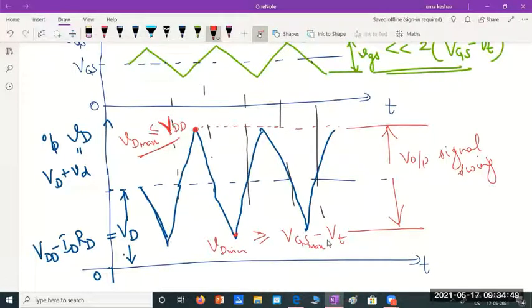I told you this then also. The lowest value should always be more than VGS minus VT, and that too, the highest value of VGS minus VT will give me the lowest value to keep for drain voltage or output voltage. Below that, please remember, if it goes below that, then the device will not be in saturation. So this is needed for the device to operate in saturation.